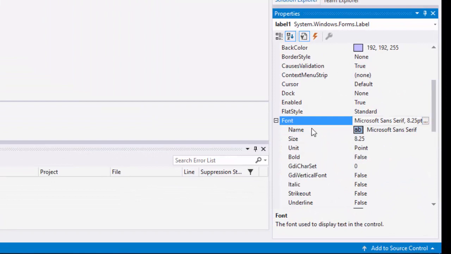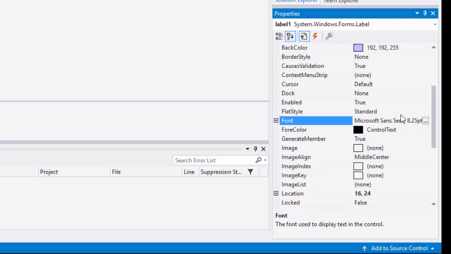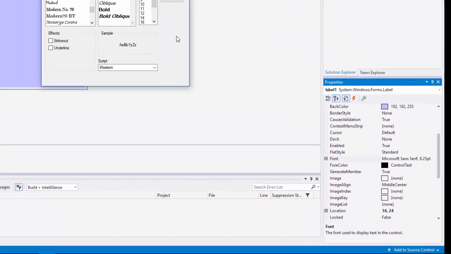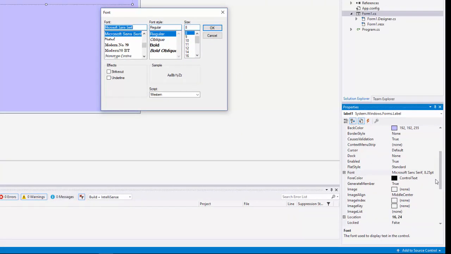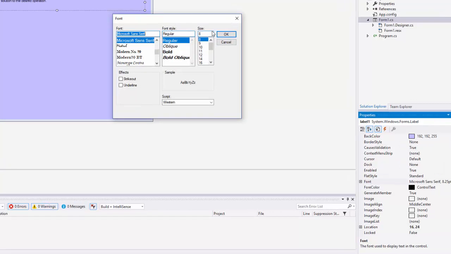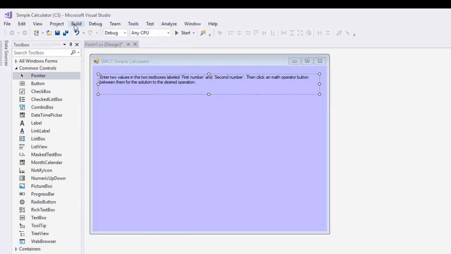And for the font property, even though it's made up of multiple other properties, you can change all those in a font dialog by clicking the button to the far right of font with the three little periods, what we call ellipses, and it will open up a dialog. By the way, the 3 periods is a standard in computing, meaning that you will always have a dialog box if you choose that option. We often see that in Windows,